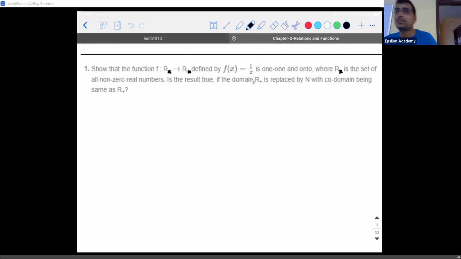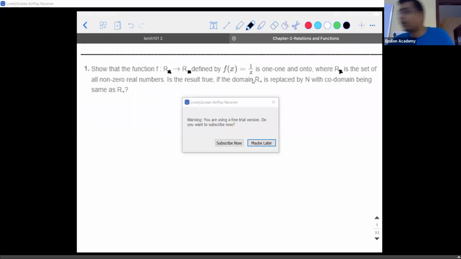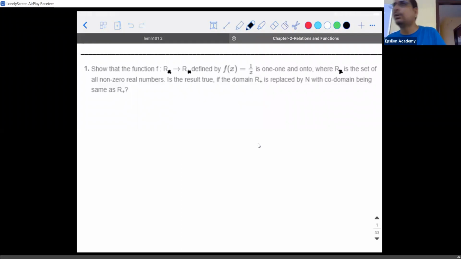Now I have a question. Why are we considering all non-zero real numbers? Perfect. Because the domain of 1 by x is any real number except 0. What is domain, guys? You need to understand the term domain. Domain is nothing but the set of input values that we give. The one which is on the left of the arrow mark is the input value, the set of input values that we give so that you get a finite output. When I say finite output, it should be a non-infinite number.